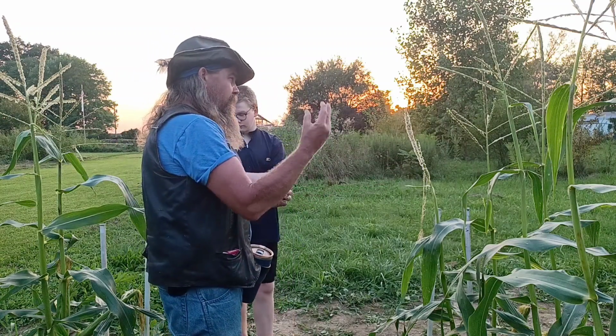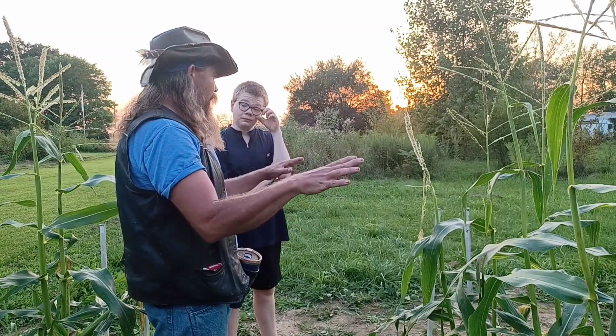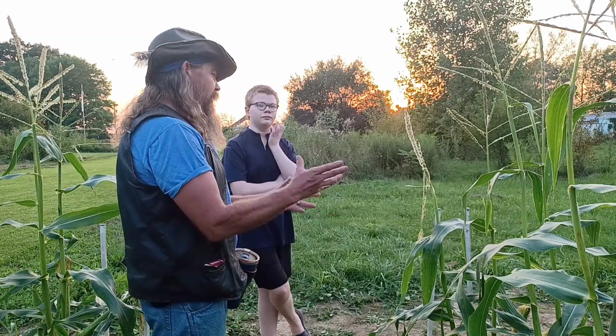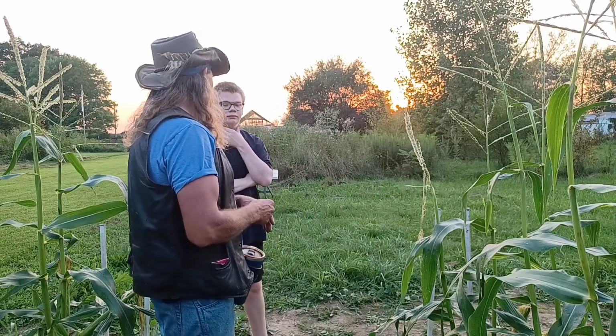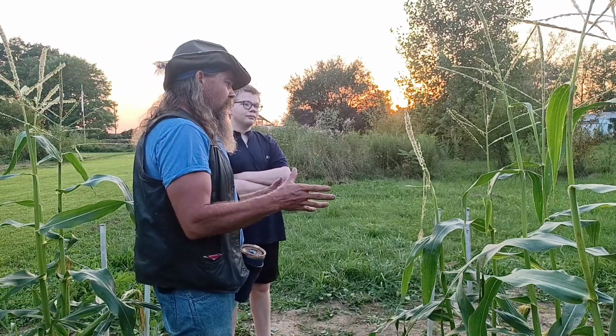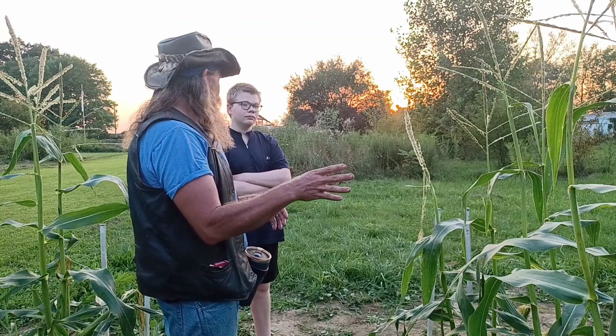Because once the aphid population builds up, the cornflies come in. Now we've got millions of cornflies everywhere, no aphids. Before long, the cornfly population will die down. And we shouldn't get any more aphids this year. We're getting close enough to fall. It ain't going to be a bother. So where aphids used to do a lot to destroy...